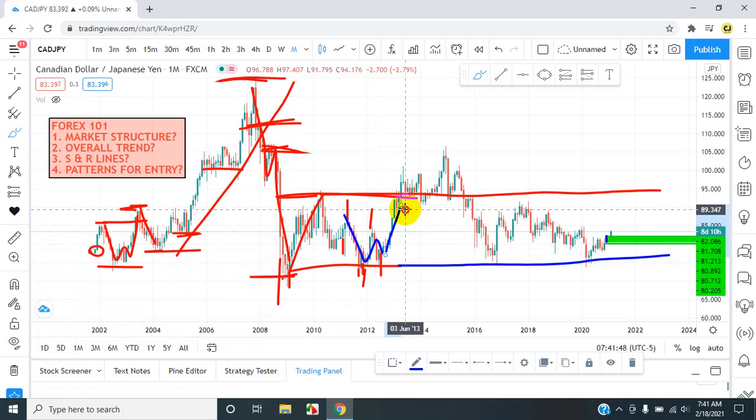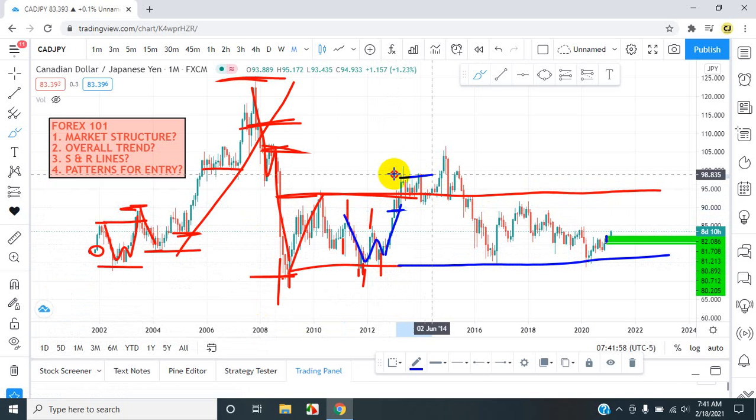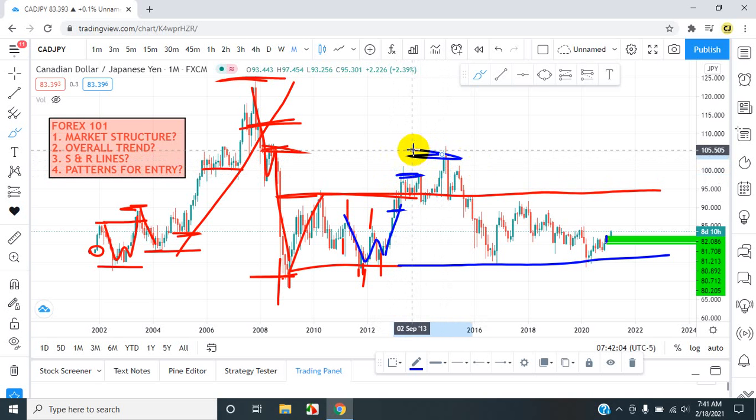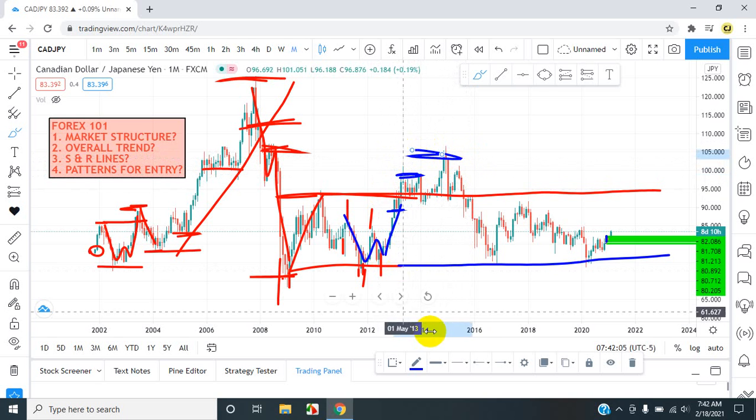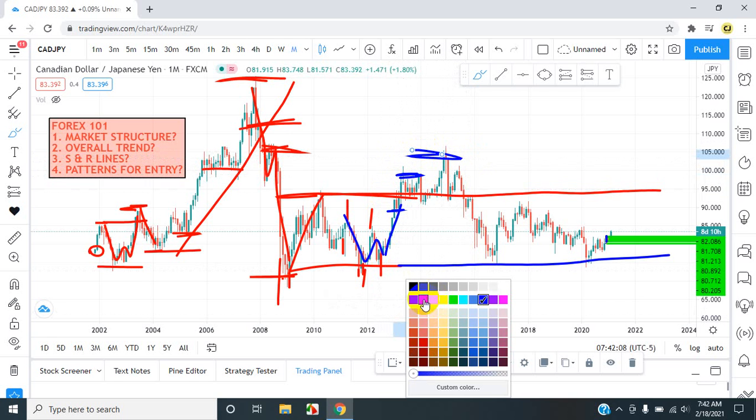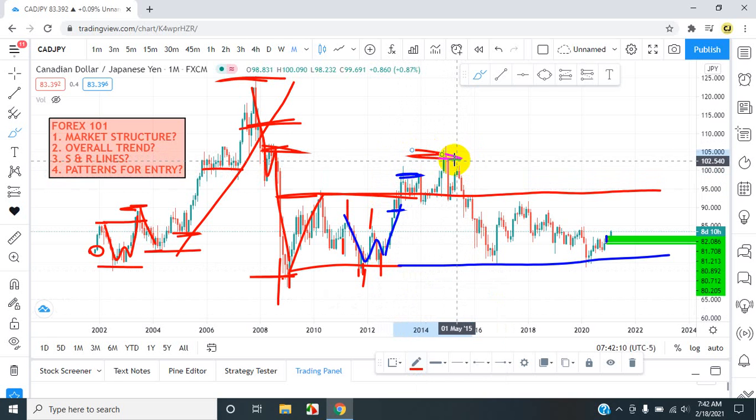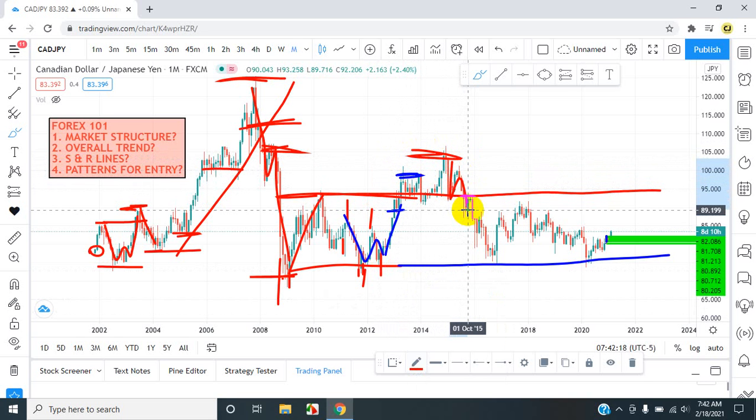From there, this is the area where we tested previous areas of support after the breakthrough to reach second level areas of high highs, to push up further to create new levels of high highs. From there, so I'm going to change back to red. From there, the market wasn't able to hold, so it pushed down, retested previous areas of resistance to not break through further down. So when it broke through further down, you can see that it broke back into our consolidation